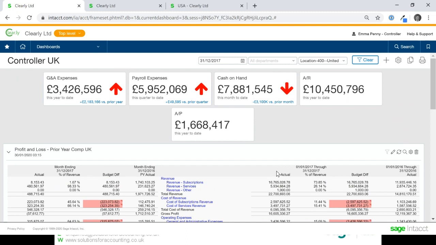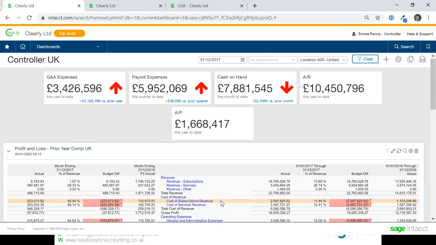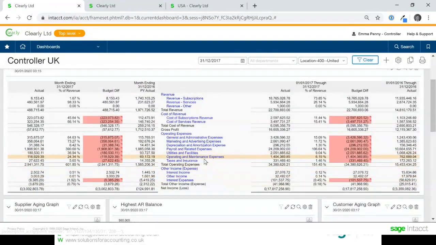So yes, the dimensional structure for something like a product, you can use that dimension to then carve your data how you want to see it, rather than having a large number of different nominal codes for your various different product types. You can group those dimensions together, a bit like a filter when you're reporting in Excel, for example. You can say, show me all the transactions where just that product or just these products are in scope for the report.